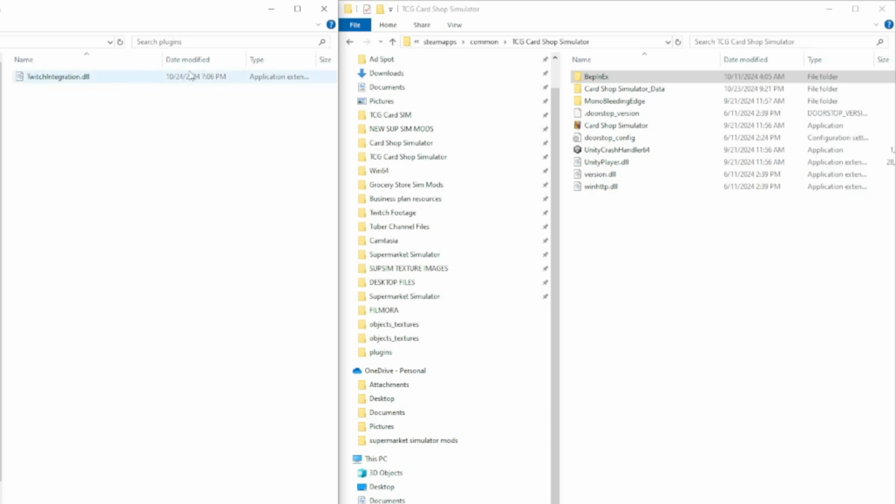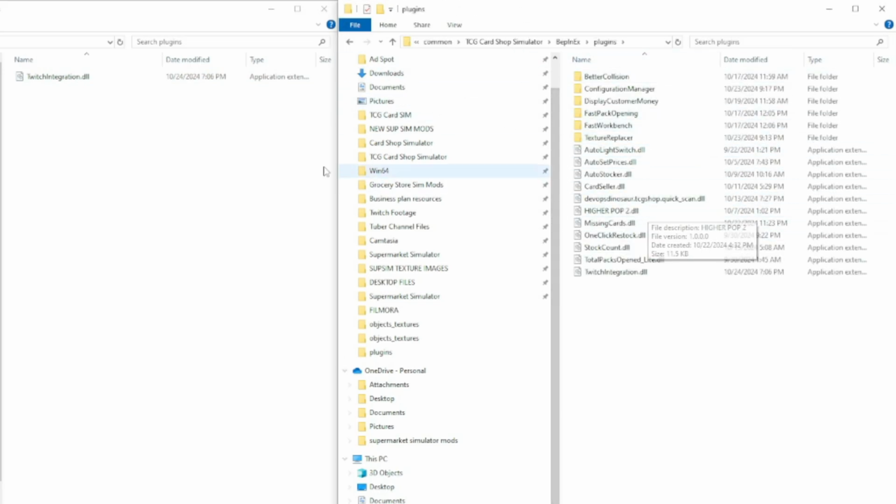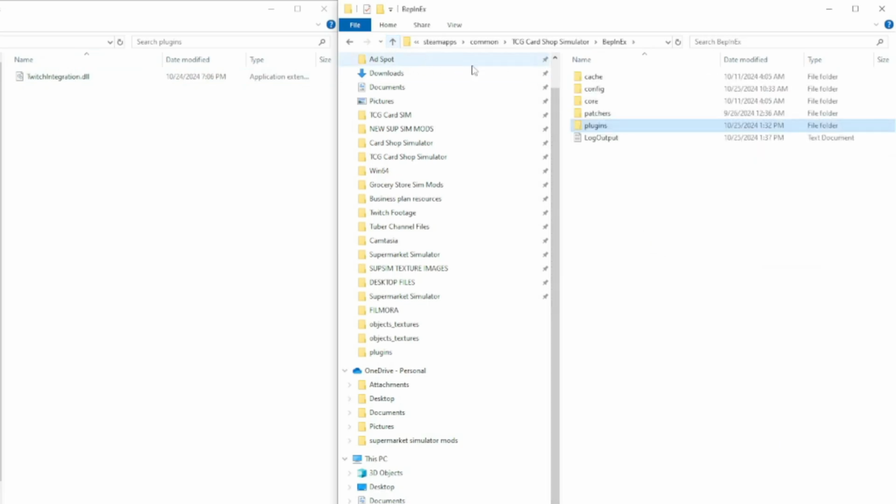Now, just like a lot of other games that require a config file, you want to transfer this over into your BepInEx plugins folder for your actual mods. And once that is transferred over, the first thing you want to do is boot up the game and then close it back immediately. So once you've transferred the DLL over into your BepInEx folder, you've booted up the game and you closed it again, now you're ready to access the config file, which is going to be located here